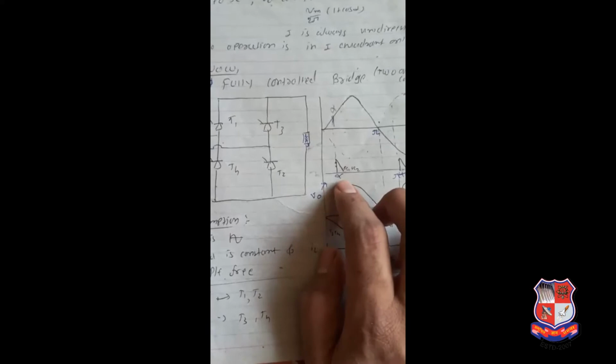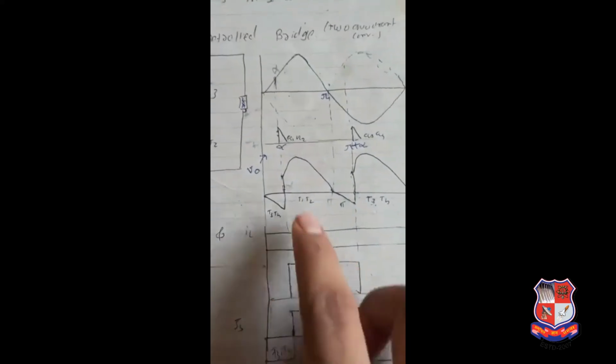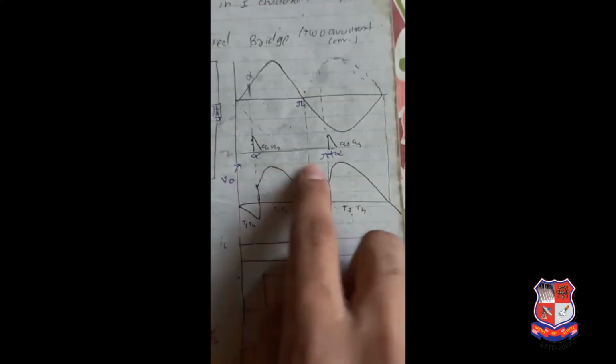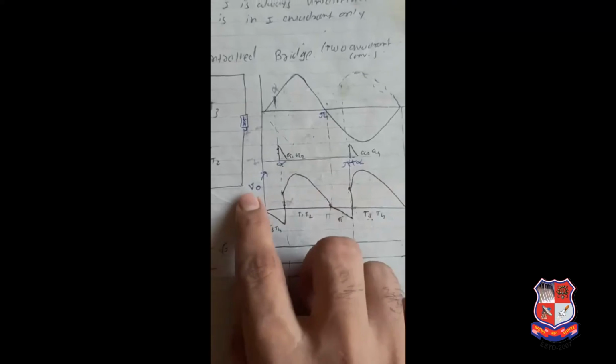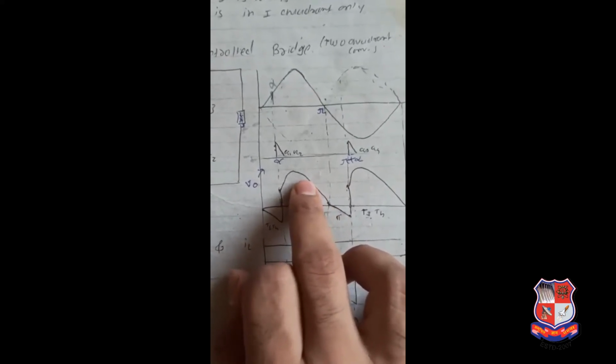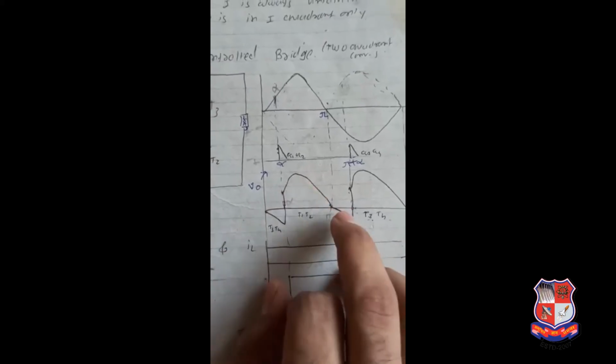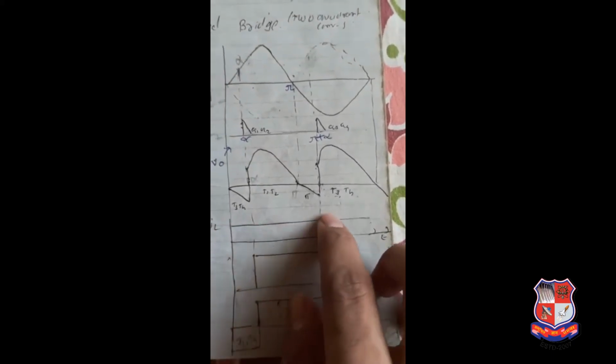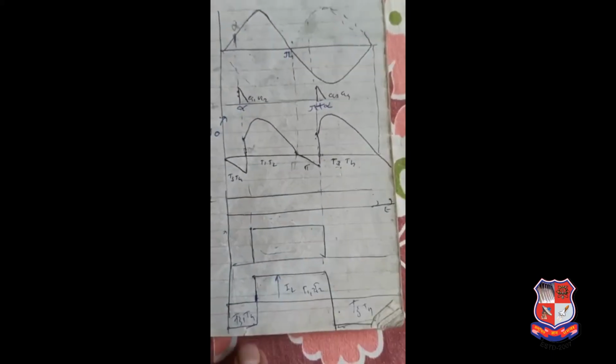Here we have given the gate pulse at less than 90 degrees. In the first case alpha is near 20 or 30 degrees. If you find the average value of output voltage, it will be positive, because in the waveform there is more positive portion and less negative portion. This is the waveform of load current, which we have assumed to be constant and ripple free. This is the supply current.